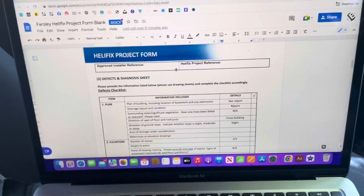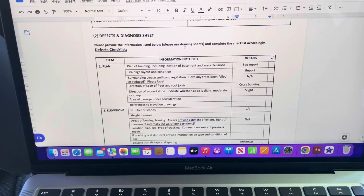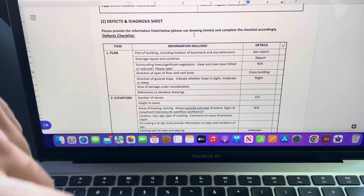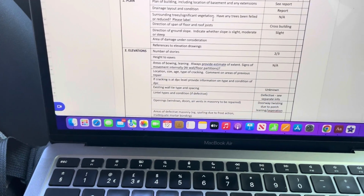So we go through and get all the basic information. I've measured the building, and then we can also look at what's going on around it. We're looking at any trees, any drainage issues, the slope of the ground, all that kind of thing. Then I'll give them basic information like the number